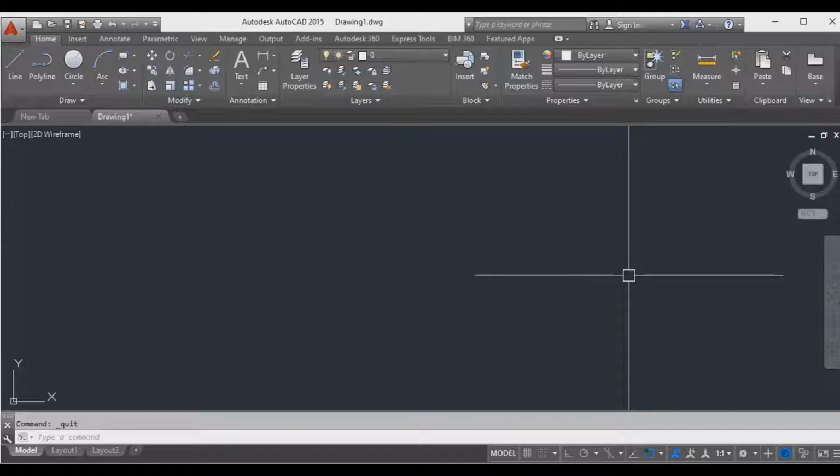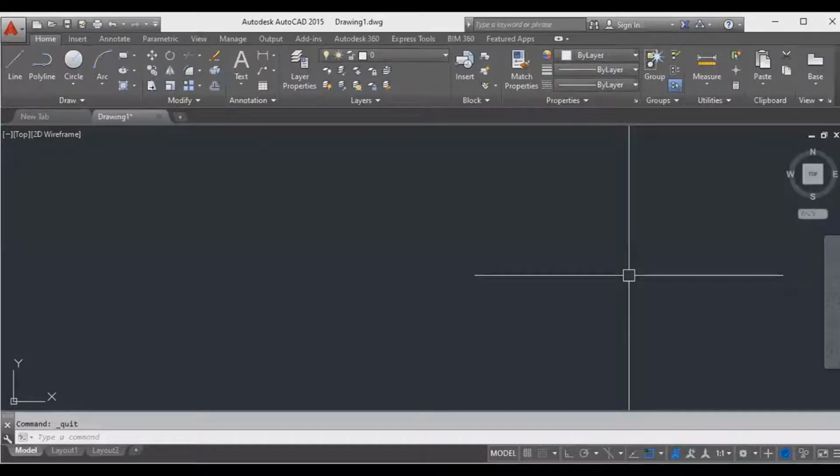If you want to do some modification, you have to know some commands. Without those commands, you cannot do it. If you know how to do the modification, then more or less 50% of the drawing you can make very well. Before I start the modify command, I want to continue from the beginning. First I would like to select the paper.